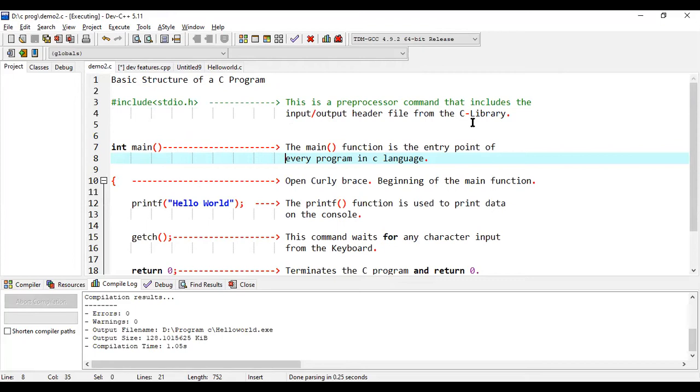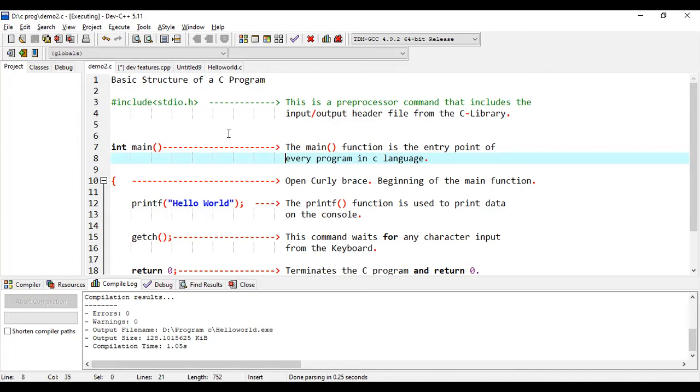We have a list of header files available in this C library. All these header files need to be referred to according to the predefined functions we are going to make use of in our program.